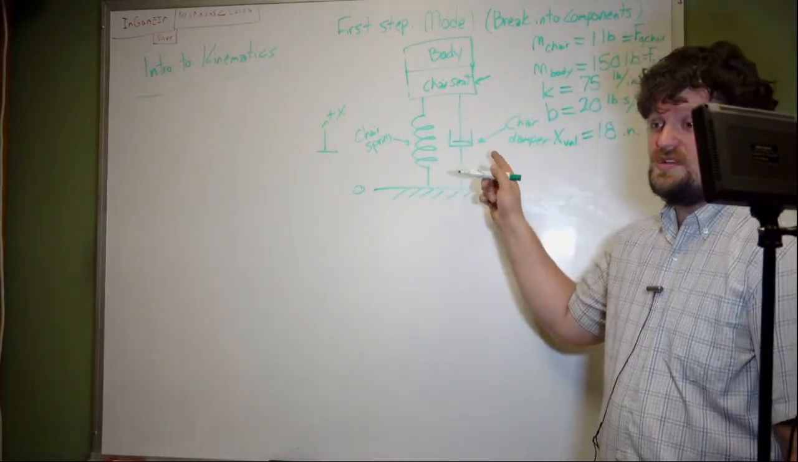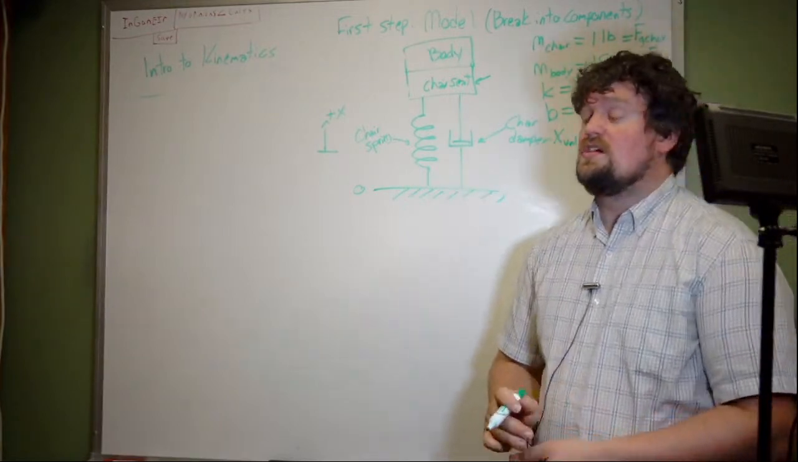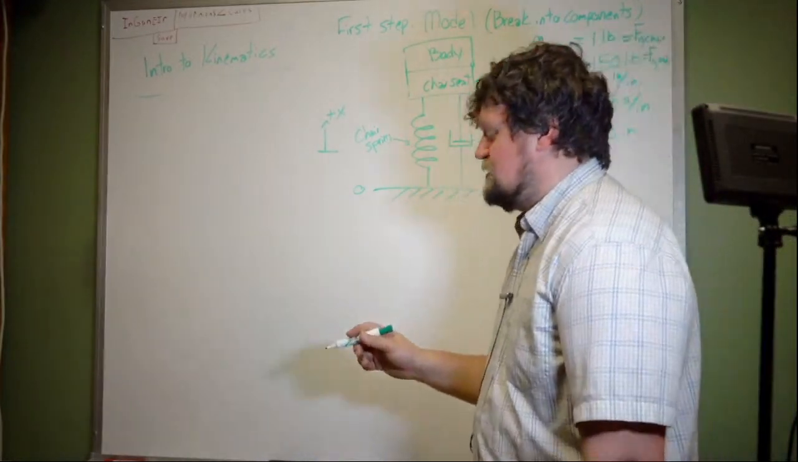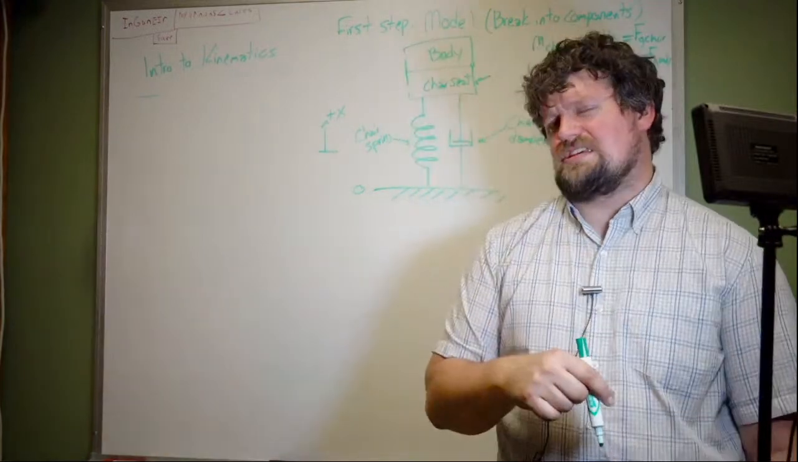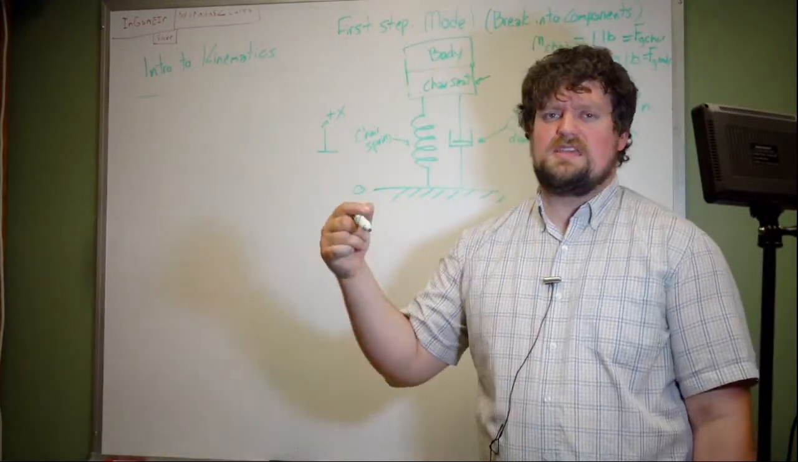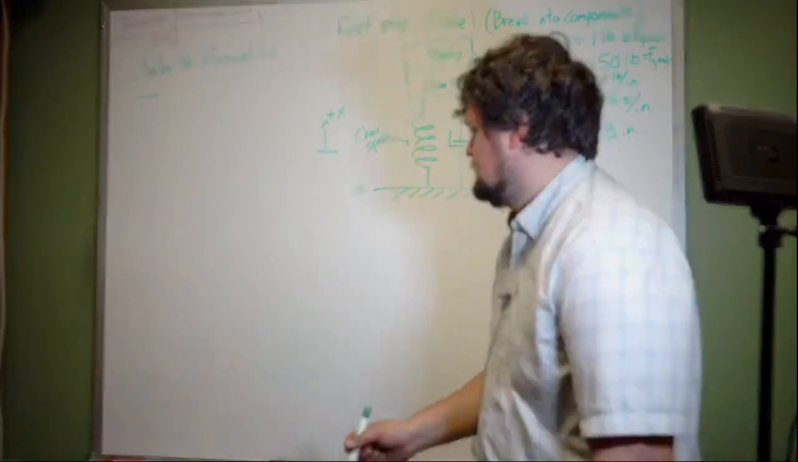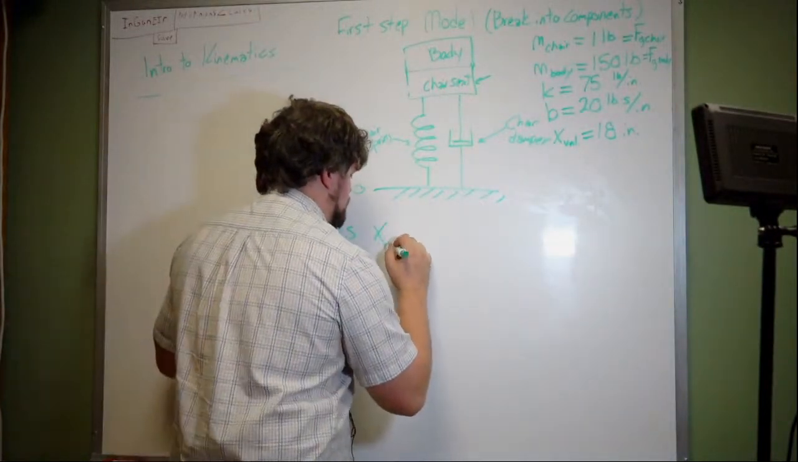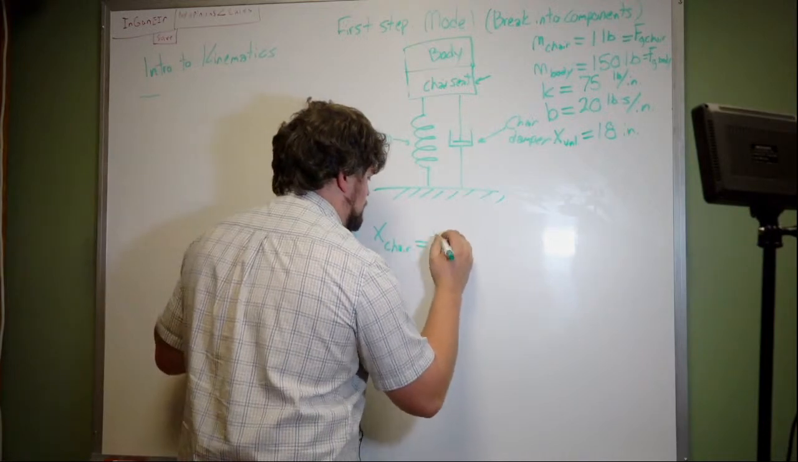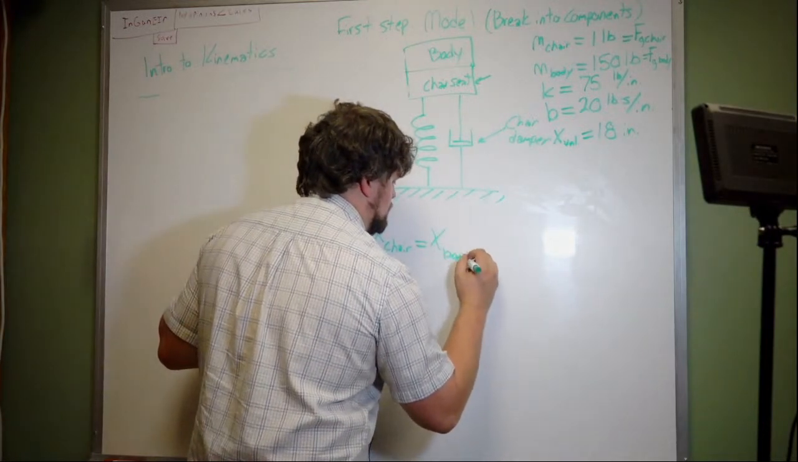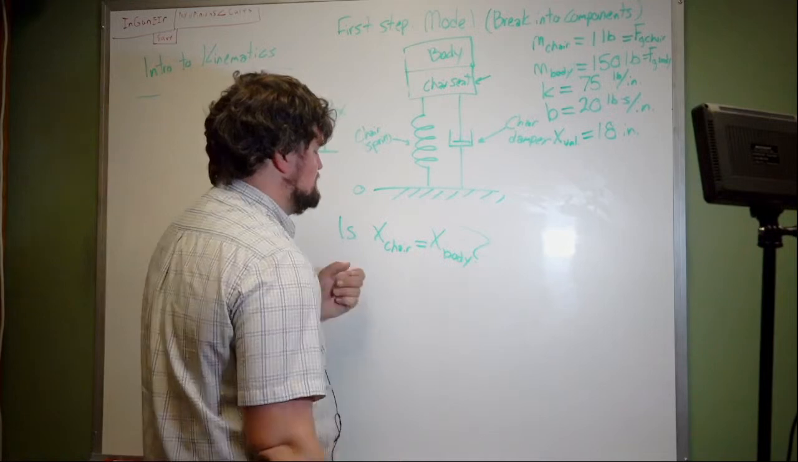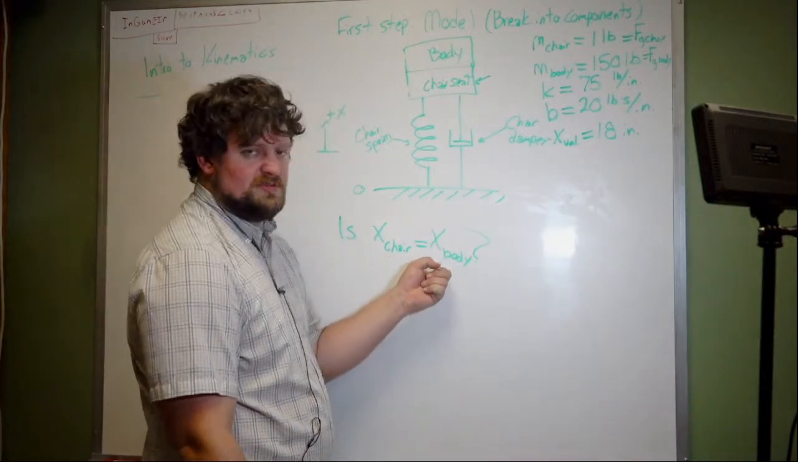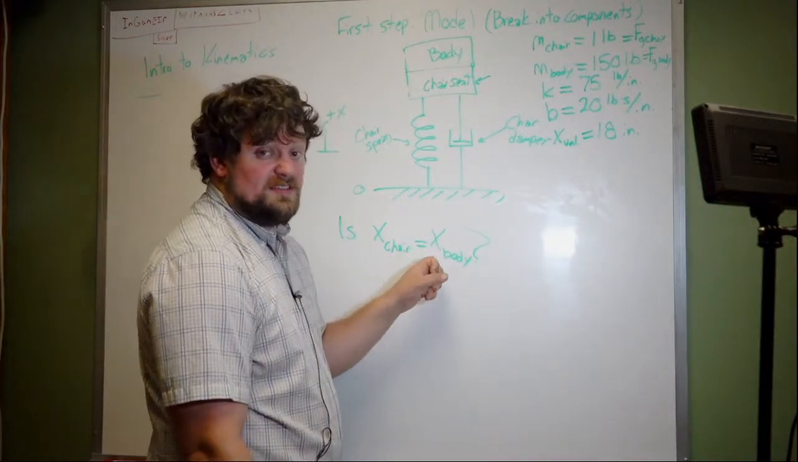They're stuck together. Okay, there's not a spring in between them. There's not a damper in between them. They move together as one. The way that you know that they're stuck together is the displacement of the chair seat equals the displacement of the individual themselves. Okay, is the displacement of the chair equal to the displacement of the body? If this is true,